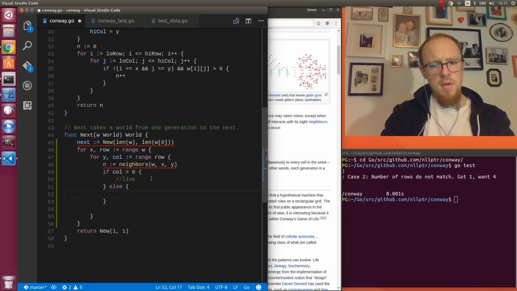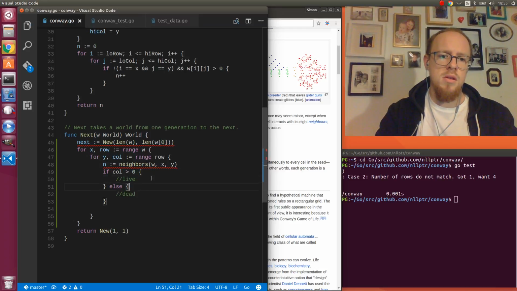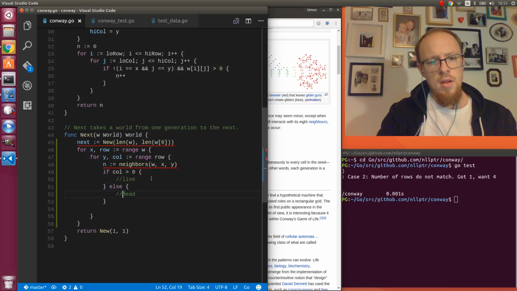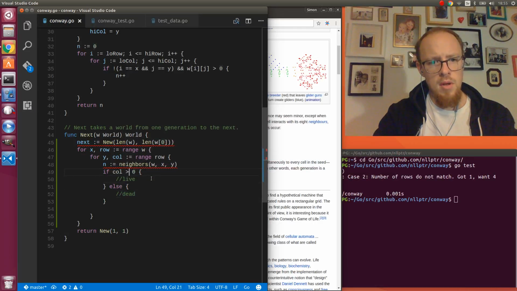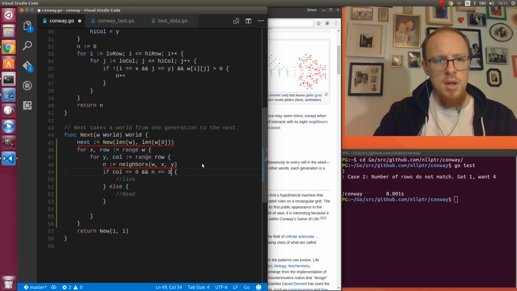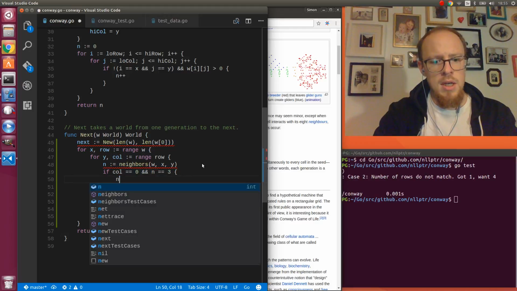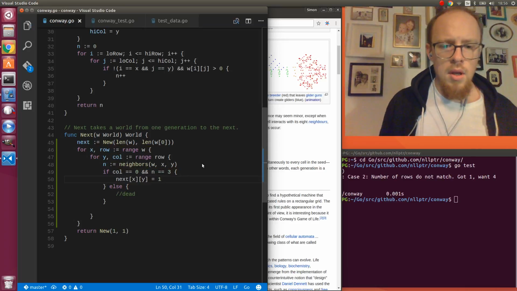Live, dead. I'm doing it like this now. If cell is dead and n equals 3: any dead cell with exactly 3 live neighbors becomes a live cell, as if by reproduction. If this is the case, next x, y should be set to 1. It becomes alive. Otherwise,